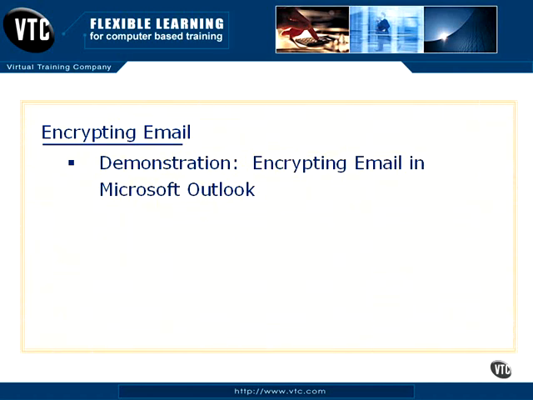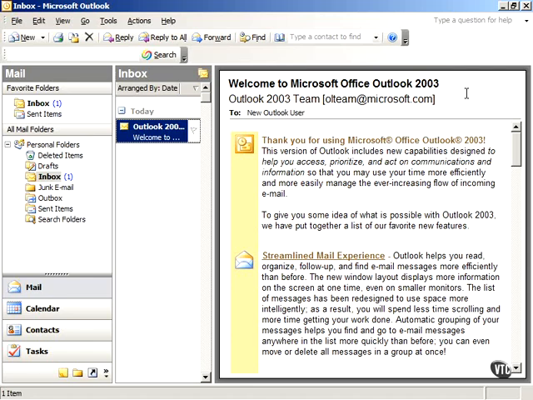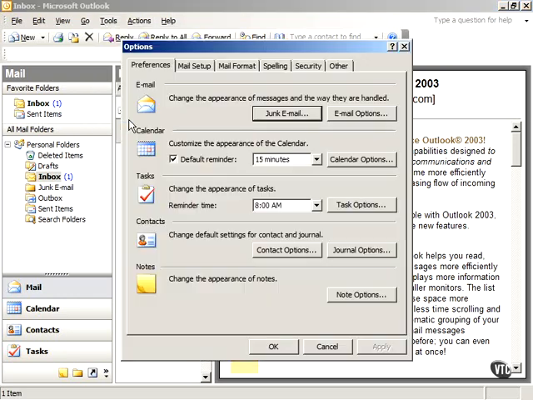Now, what I want to do rather quickly is just show you an example of how you would encrypt an email in Microsoft Outlook. Just kind of show you where it's at in case you've never seen it. Okay, we're in Microsoft Outlook, and as we see, I have one particular email in my inbox. If I want to encrypt an email, what I would do is go to Tools and Options,